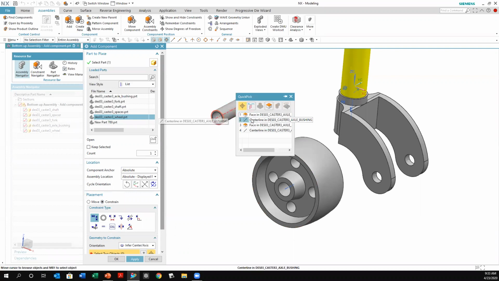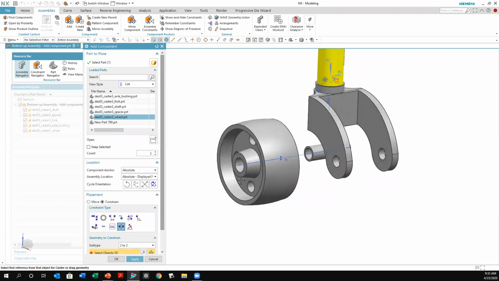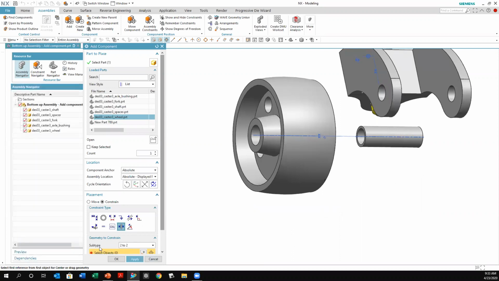And I make sure I use the center line there. And right there. Okay. All right. So once I've done that, the next thing I'm going to do is go ahead and select the center. So this right here is going to allow me to place this part right here center to the other one right here. So I kind of maybe move a little bit here, and then make sure you select by subtype